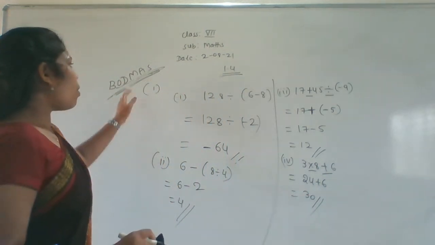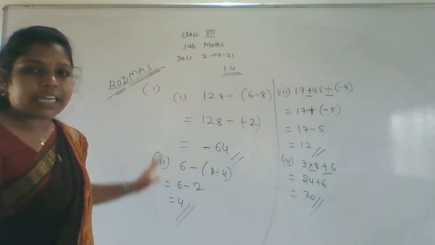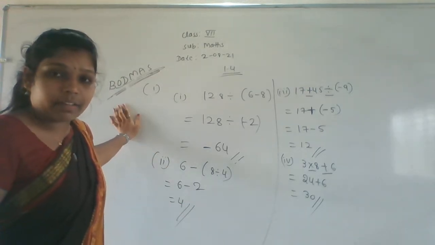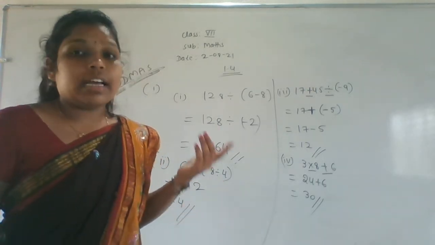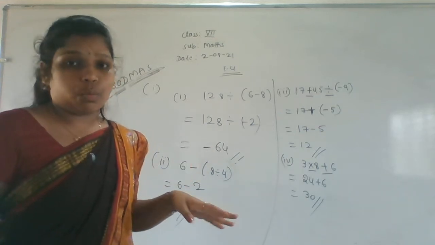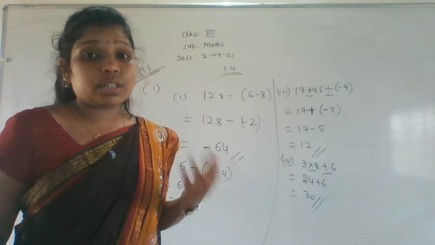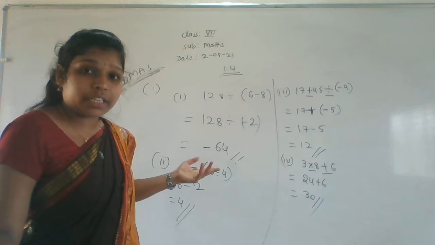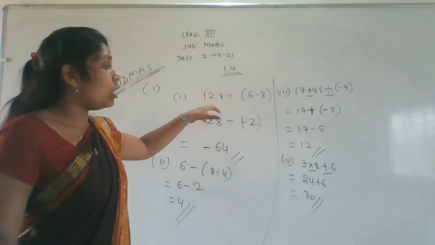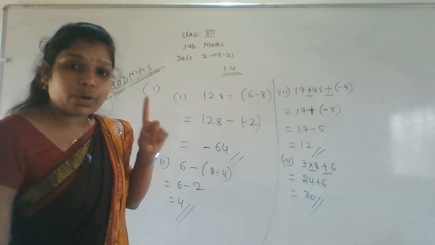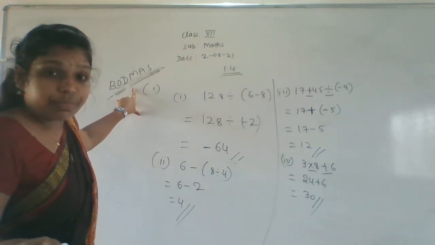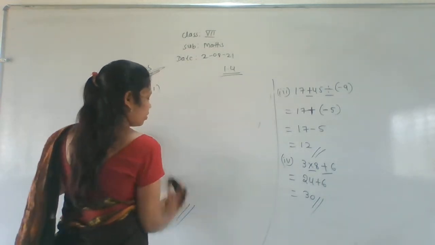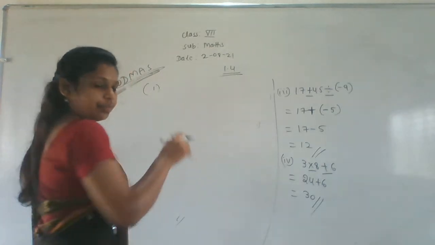Getting everyone? Just follow this rule. Everything is easy. Only multiplication, addition, subtraction and division are there, but we have to follow this rule. If they give only one operation, a whole addition, then you just do it. If they give a whole subtraction, you also do it. But whenever they give a mixed operation, meaning division, multiplication, subtraction, addition all together in one problem, then you have to follow this BODMAS rule. Getting everyone? Yes. Now we do the fifth problem. What is the fifth one here?